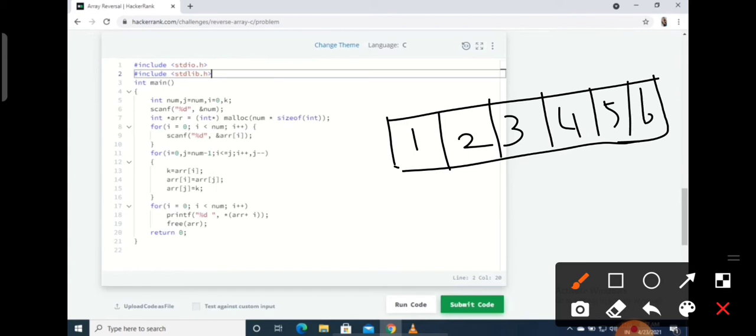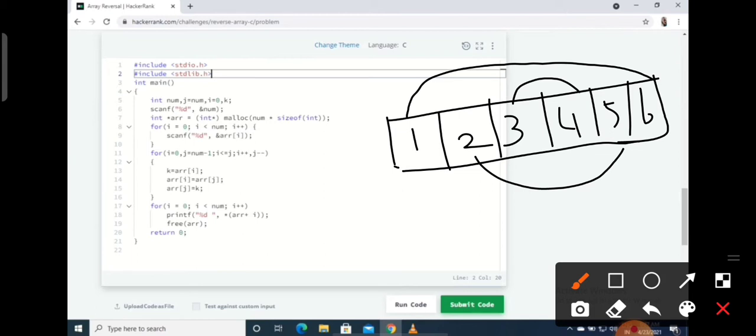These are the elements present in the array. The main logic is, we have to swap the first and last digit, second and fifth digit, third and fourth digit. That means it will be printed as 6, 5, 4, 3, 2, 1. This is the logic for this question.